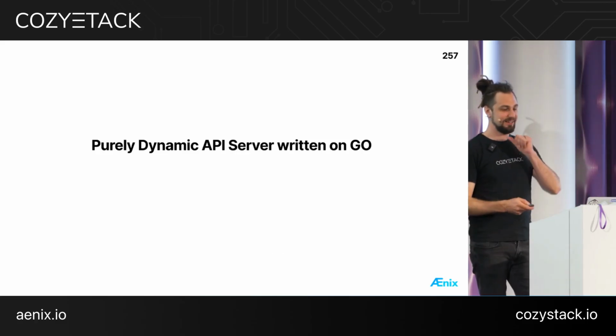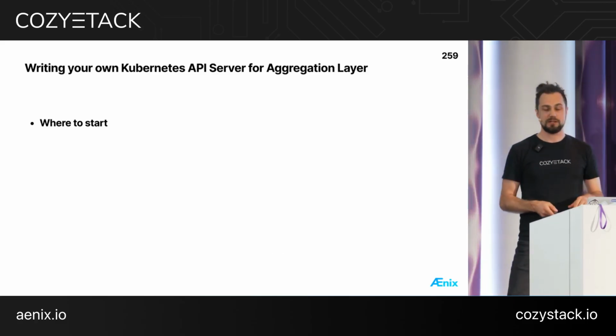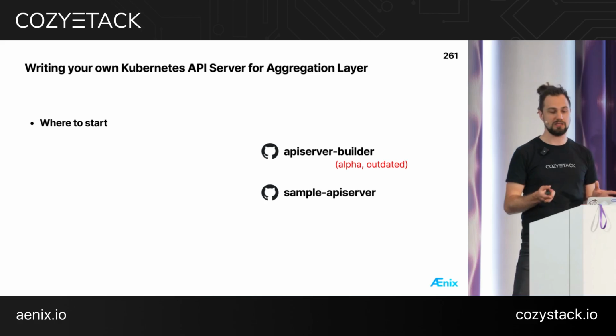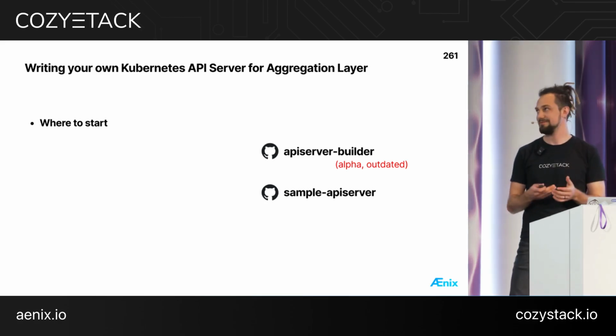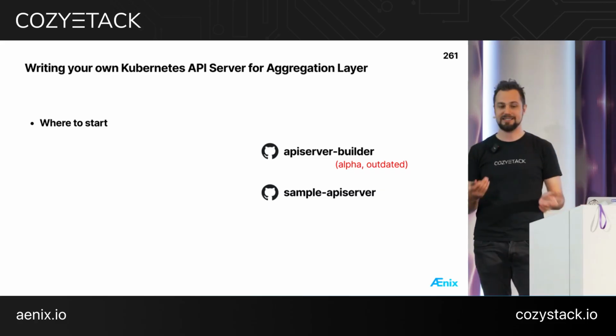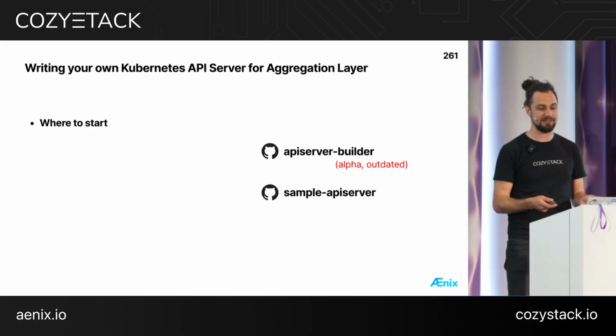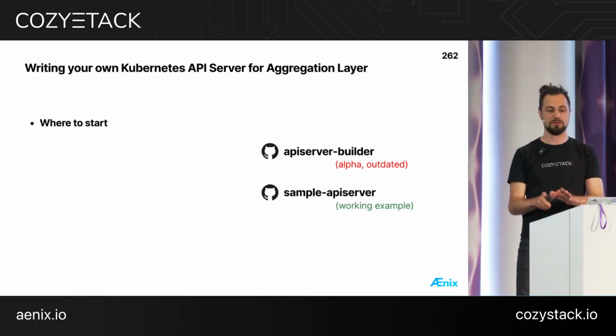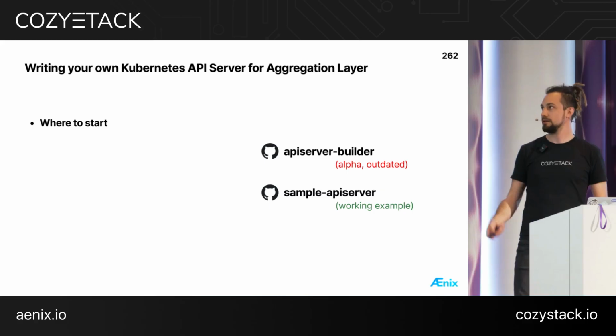How did we do that? Before you start writing your own Kubernetes aggregation API server, you can consider these two projects. The API server builder is something like Kubebuilder for API servers. Finally, you can find that it is alpha and kind of outdated. It is not very useful. You can also consider using the sample API server, which shows you the exact implementation of a sample API server with etcd storage, and modify it. What we actually did,